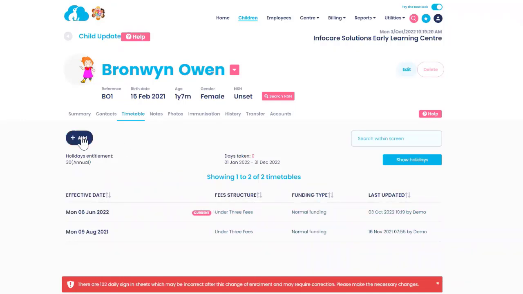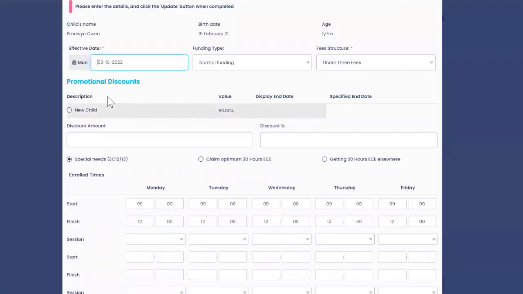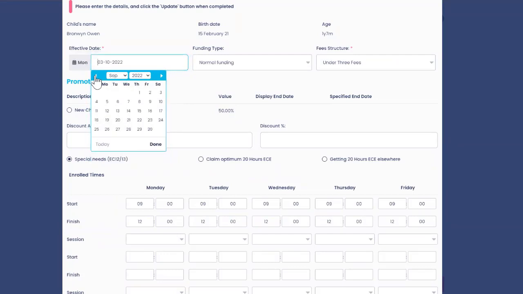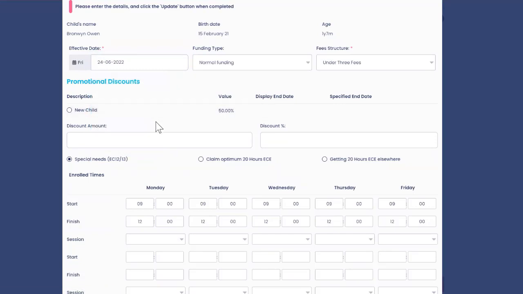Like I mentioned earlier, we're just going to say that this exemption period was for 2 weeks. So what we need to do is stop the exemption from when that exemption no longer applies. So let's select 24th of June, for example. Remove the special needs